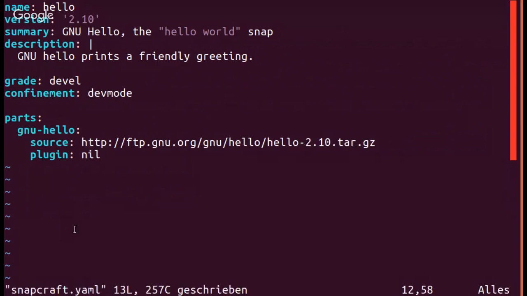Okay. So it's basically just a tarball pulled down from the internet somewhere. And because I already know how to build it, I'm going to specify that it uses AutoTools. So